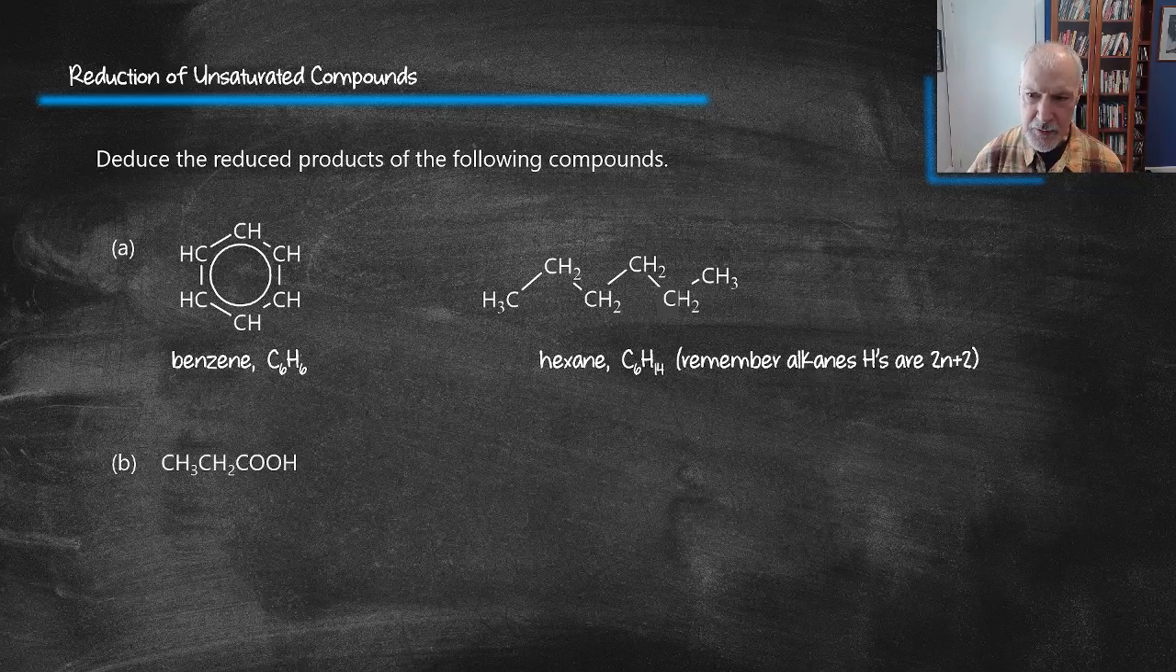What would be the reduction product of this? Well, the first thing you should do is recognize that's a carboxylic acid. And if I reduce it, the first thing it would be turned into would be an aldehyde and then ultimately an alcohol. In this case, a primary alcohol, because it's forming from a carboxylic acid,